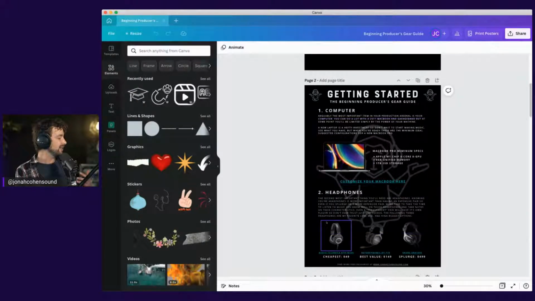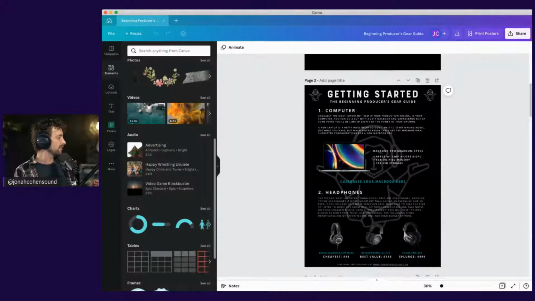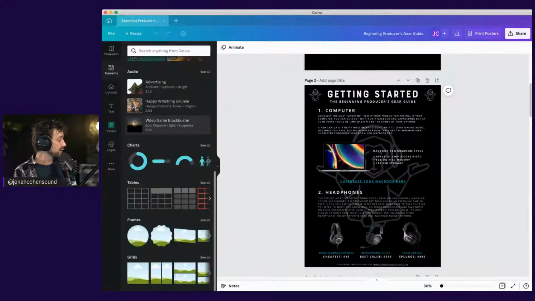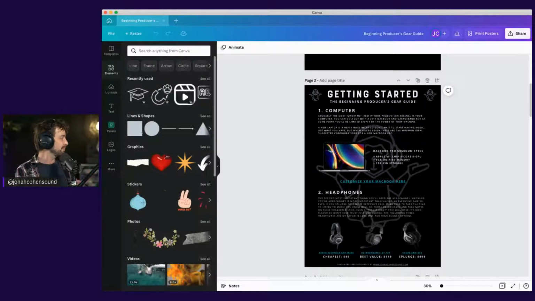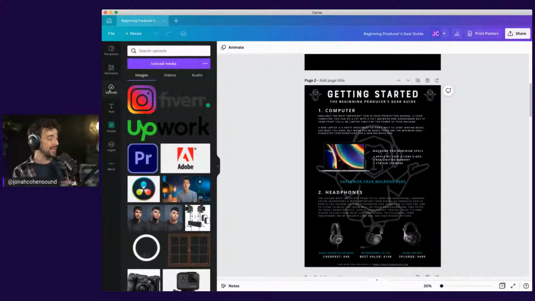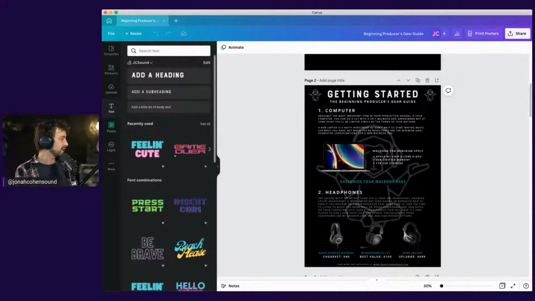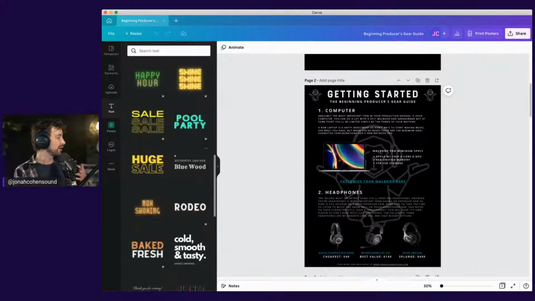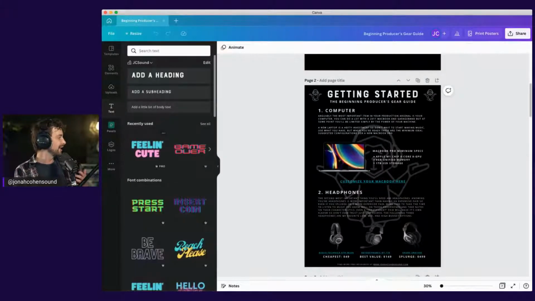So adding any of these images or elements, you can see on the left, there's elements. This is everything from small graphics to stock videos to charts to frames for your images. You can easily pop all of these in. You can upload any graphics that you need or images you want in your PDFs or presentations. All of your text options are there with a whole bunch of fun and engaging animated options available for you,